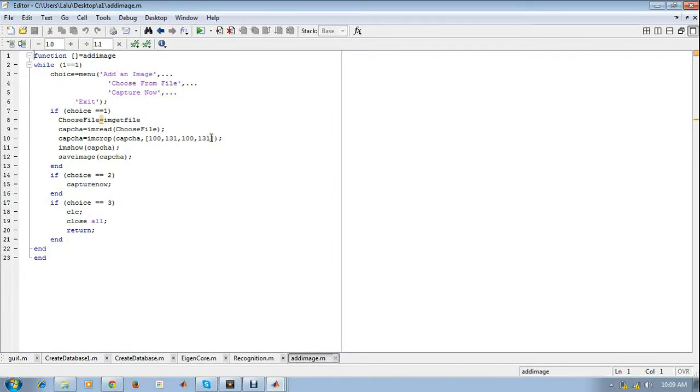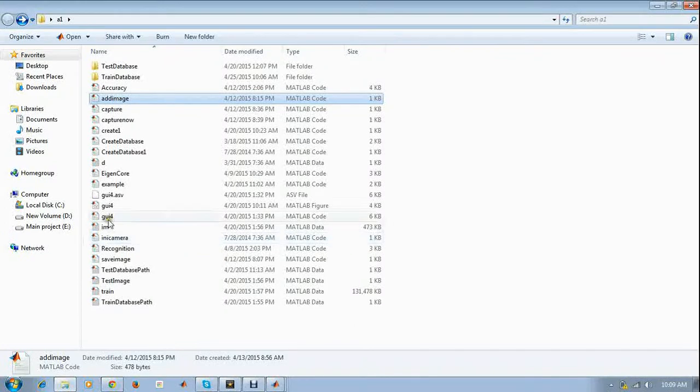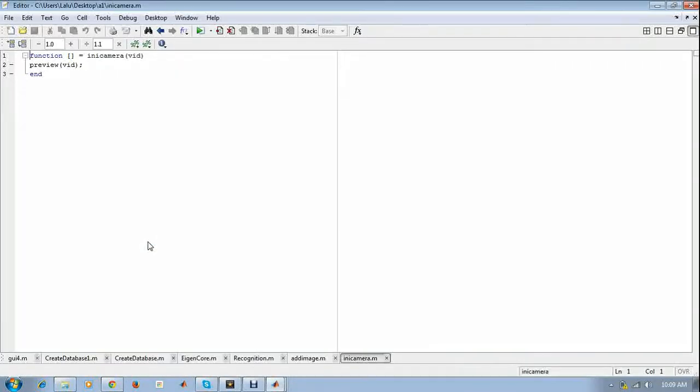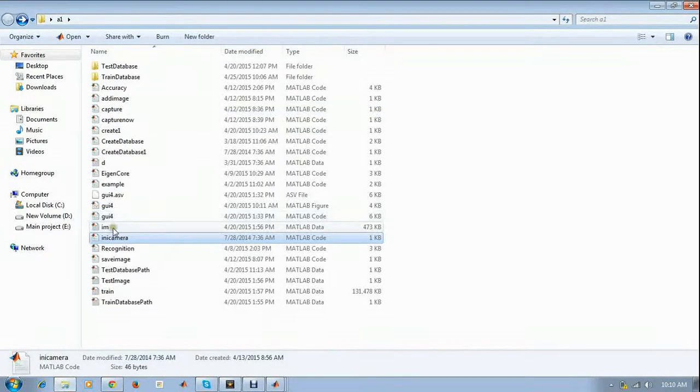Here again we have given a choose folder option. If you choose a file, it is cropped into the required format. From here the image goes to initialize camera, and by using that function the camera is initialized.